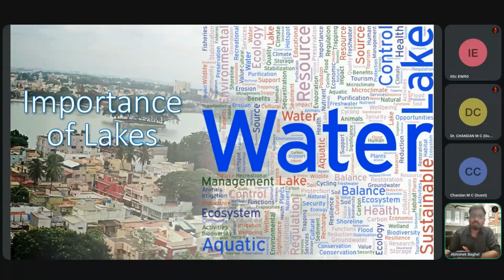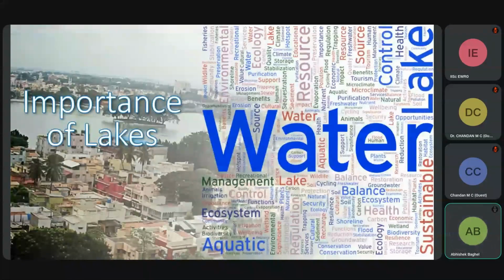Lakes serve as crucial water reservoirs, providing water availability for everyone and supporting diverse ecosystems. They play a vital role in regulating local and regional climates through evaporation, the water cycle, and influencing weather patterns. Lakes offer habitats for a wide variety of fauna and flora and contribute to biodiversity. They are essential for various human activities such as agriculture, industries, and recreation, which also boost the local economy.